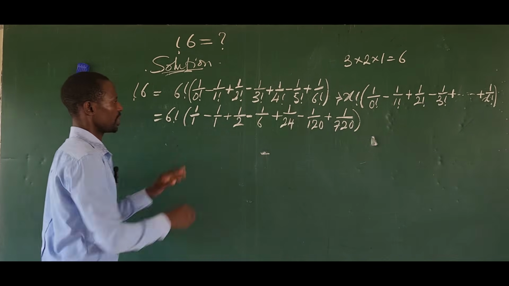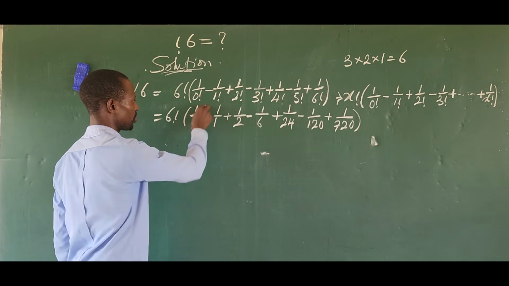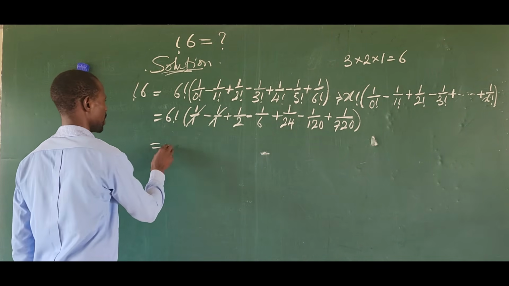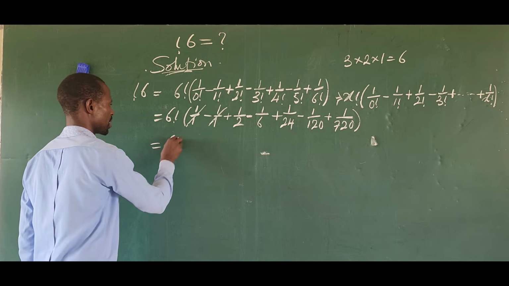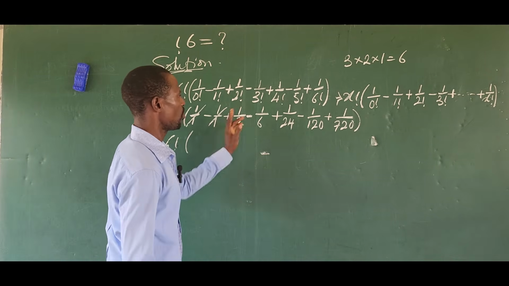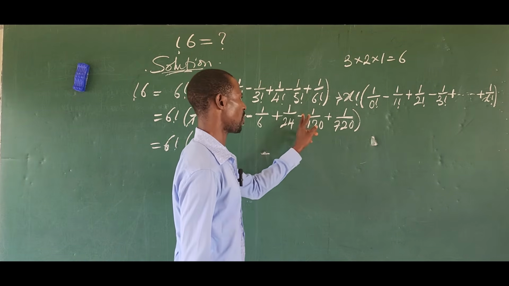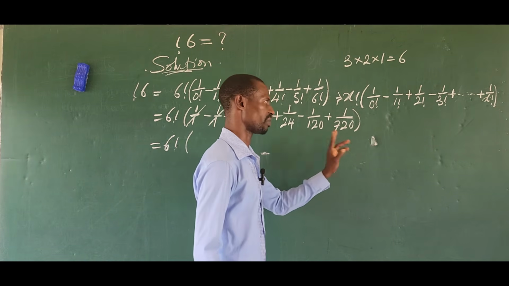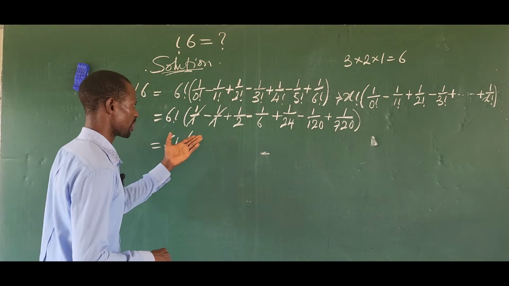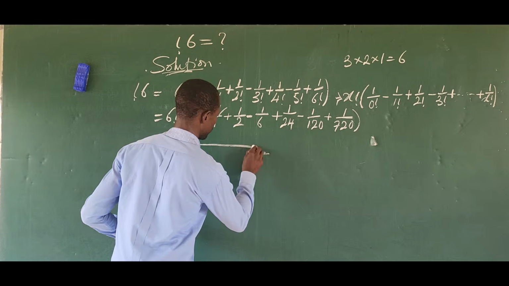All right, so from here we are having plus 1 all over 1 minus 1 all over 1. So this leaves the system. So let's keep our expression here, 6 factorial, bracket here. We are left with 1 all over 2 minus 1 all over 6 plus 1 all over 24 minus 1 all over 120 plus 1 all over 720. So we just have to find the LCM of everything here. So the LCM is going to give us our